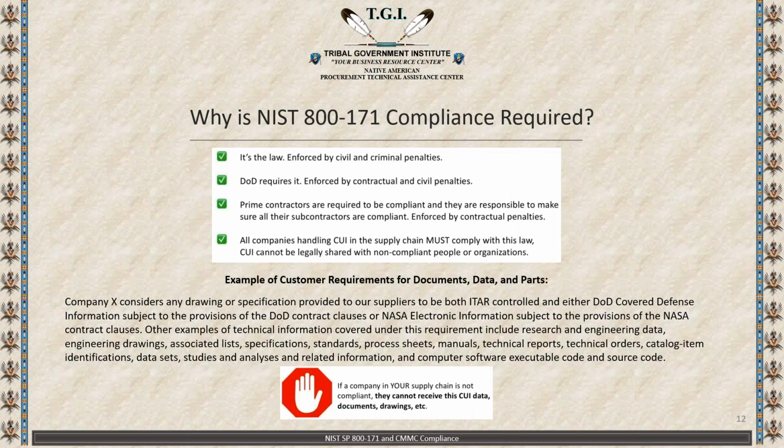So why are we going through all of this? Why is NIST 800-171 required? The answer is because it's the law, period. It's the law underneath the Code of Federal Regulations. It's the law underneath DFARS, which governs the contract requirements of the Department of Defense, and soon it will be the law under the Federal Acquisition Regulation. So prime contractors and all their subcontractors are required to become compliant. Those terms are required to be passed down word for word. That's why CUI and FCI is such a big deal.